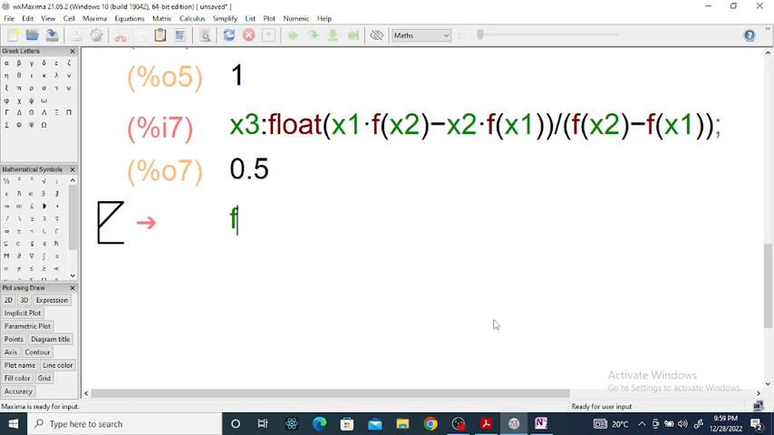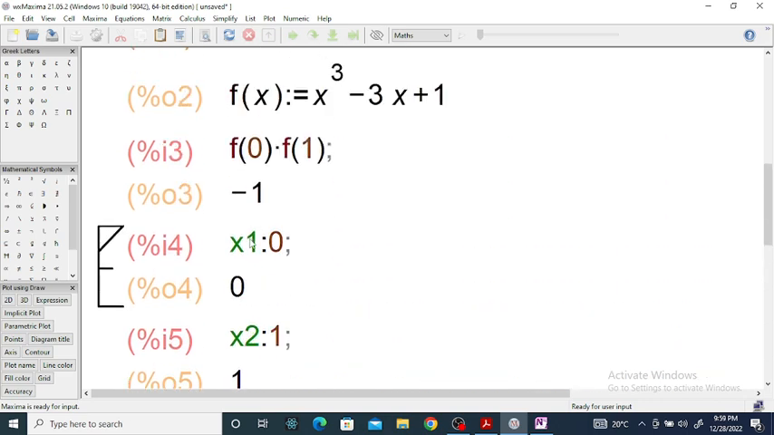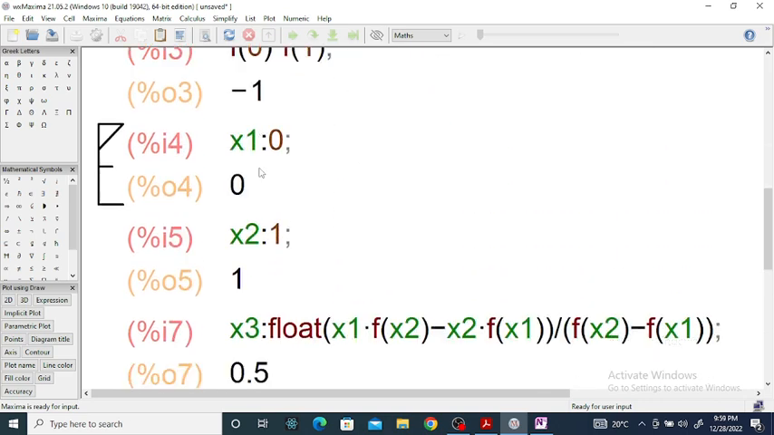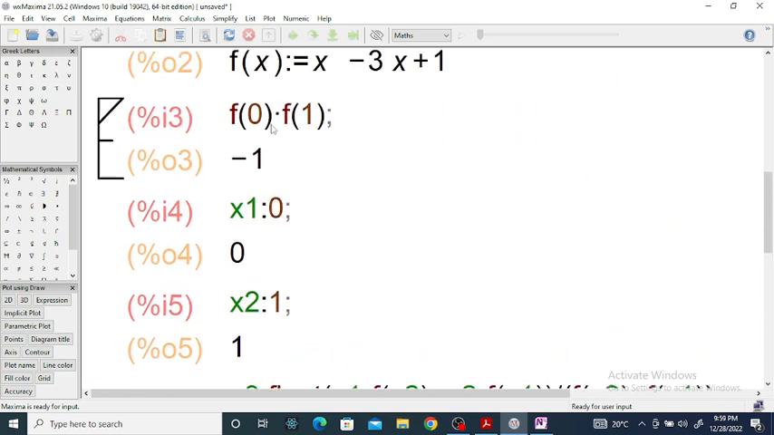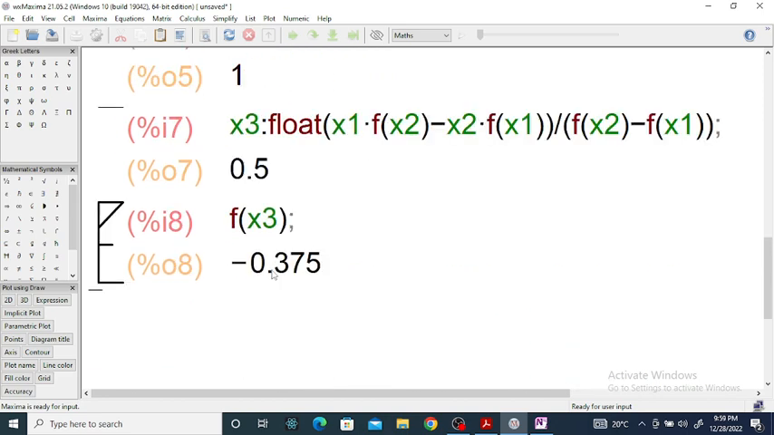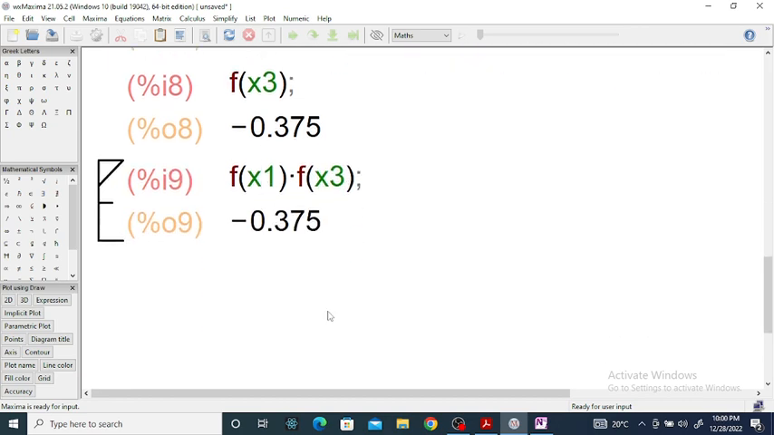Now find the sign of f of x3 here. The sign of f of x3 is negative. In the previous step, f of 0 is positive and f of 1 is negative, so the root lies between them. If you check the sign of f of x1 into f of x3, you can see it is negative, so the root lies between x1 and x3, and therefore x4 is equal to